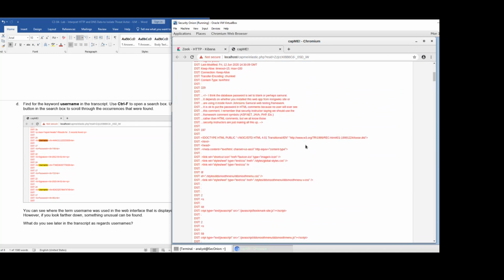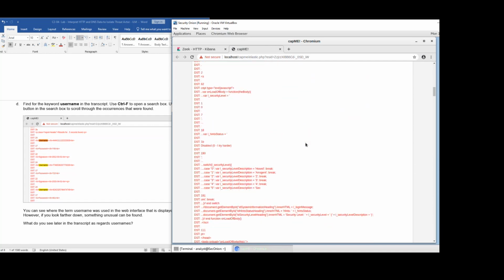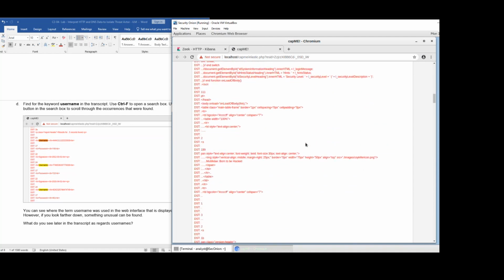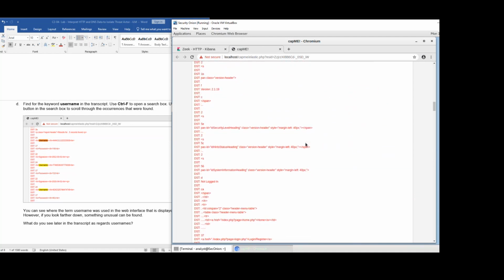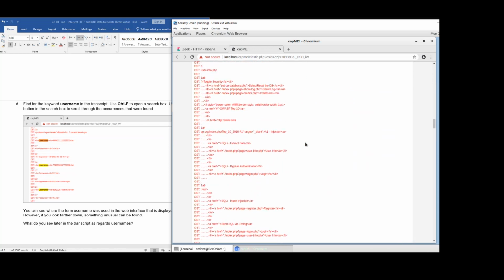You can try and find it somewhere at the bottom, because the reply will be coming from the database, or from the web server, sorry. So if you scroll all the way below somewhere around